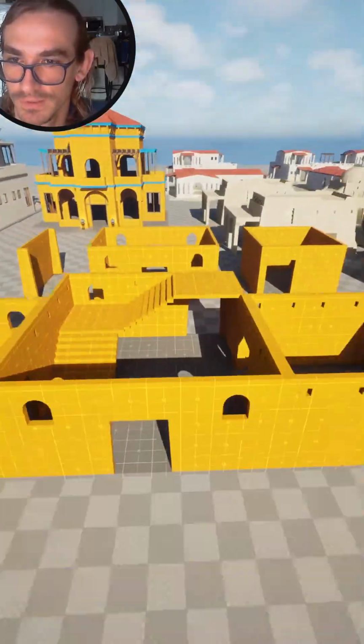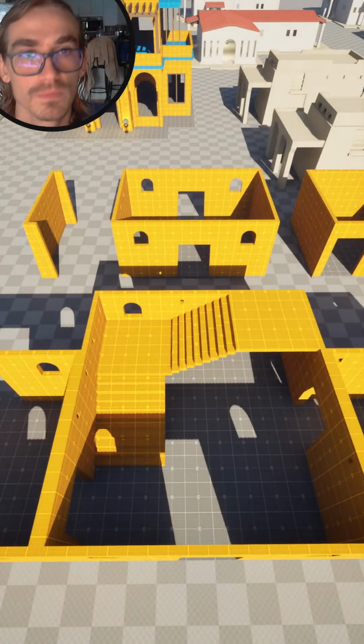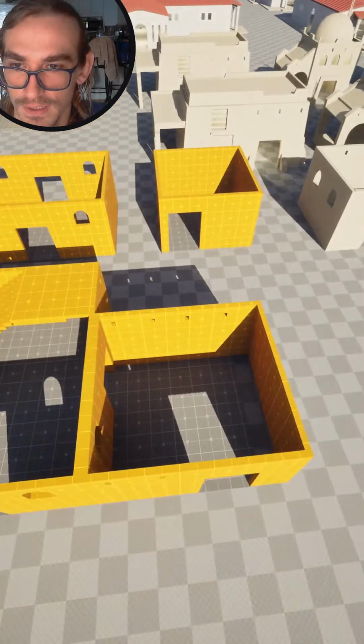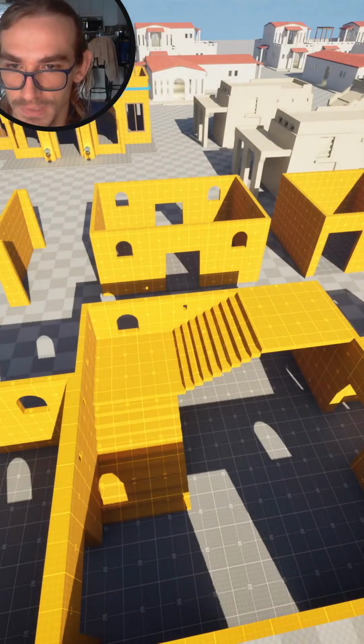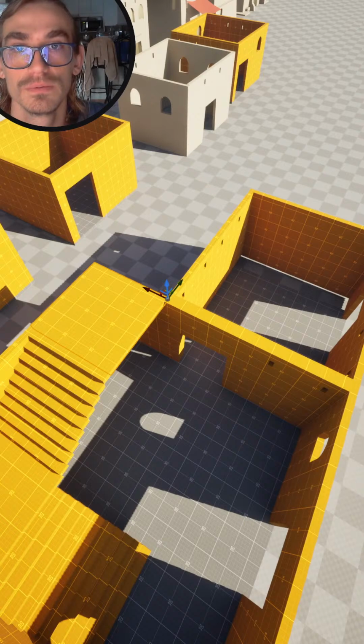Nice. So we got the stairs in place, so we are able to have interior stairs, probably on just this big block. Then I would like to